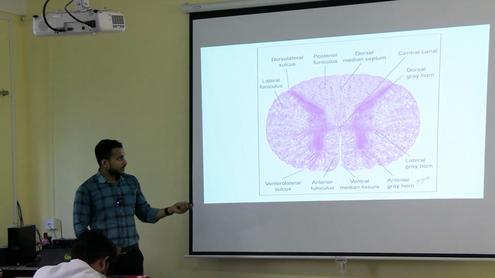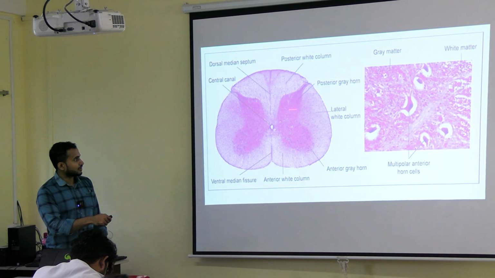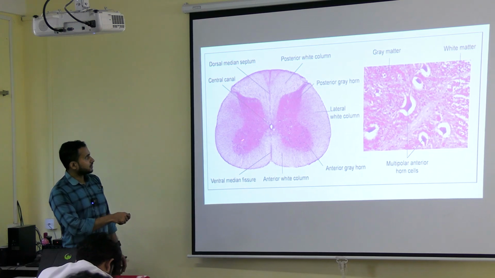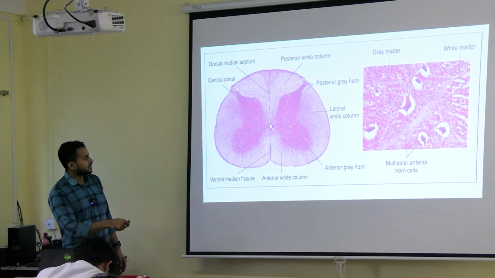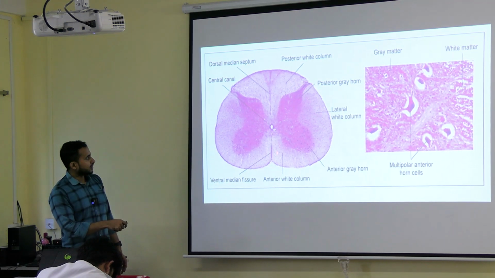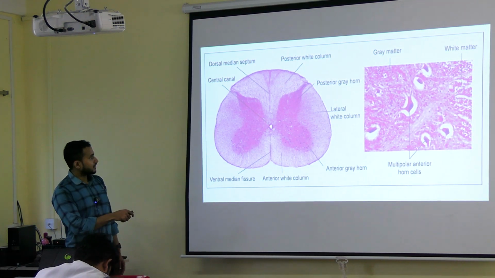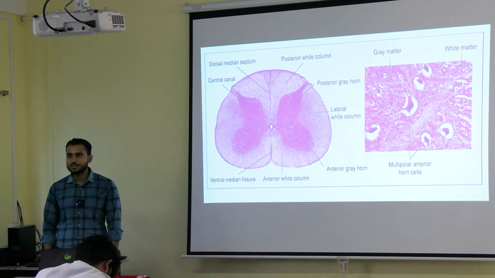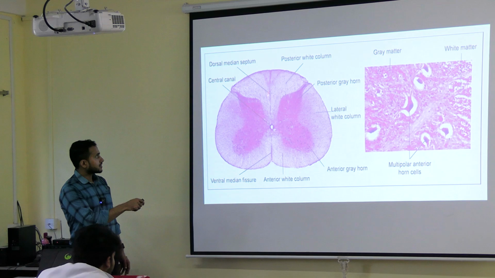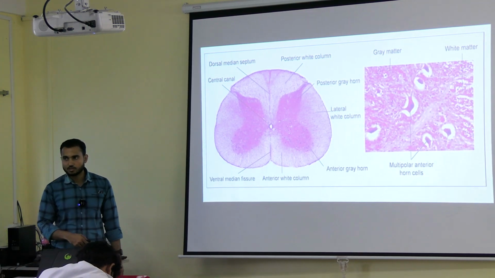Okay. Now here is another diagram. This is the low power histological diagram of spinal cord. This is the high power diagram of spinal cord. So what can you see over here? Can you see the gray matter? Look, the whole gray matter is visible. This is the anterior horn. This is the posterior horn. Okay. Next, this is the white matter. In the white matter, this is the anterior white column. This is the lateral white column. This is the posterior white column. Okay. And you can see the central canal also, lined by ependymal cells. Now here you can see the fissure, and you can see the sulcus. This is the magnified view of this particular image.